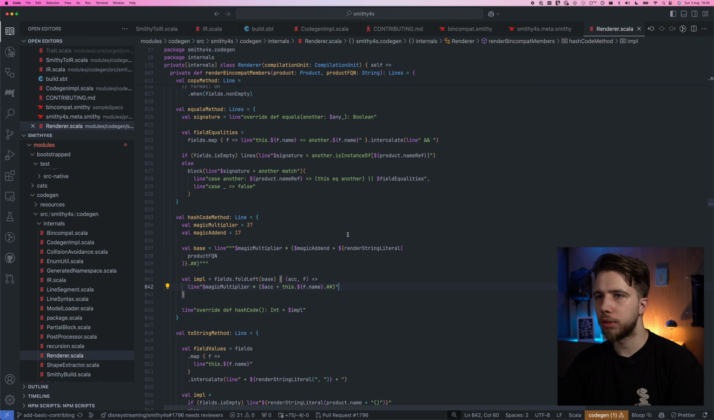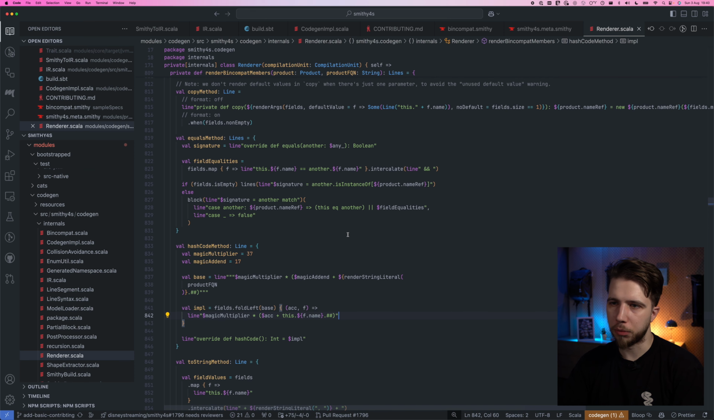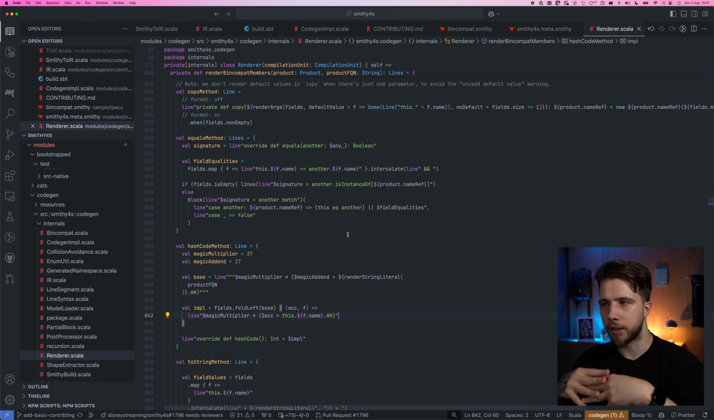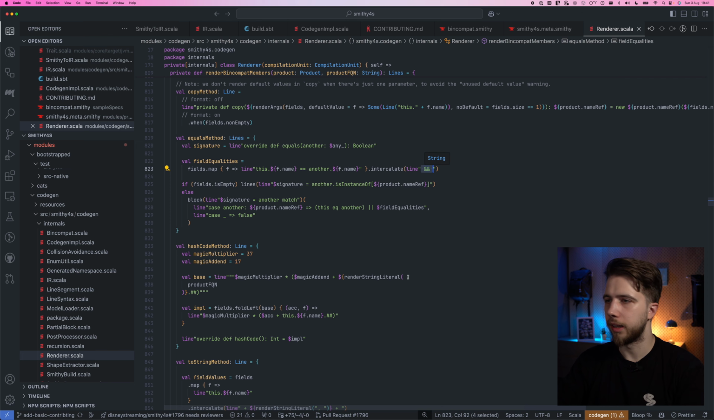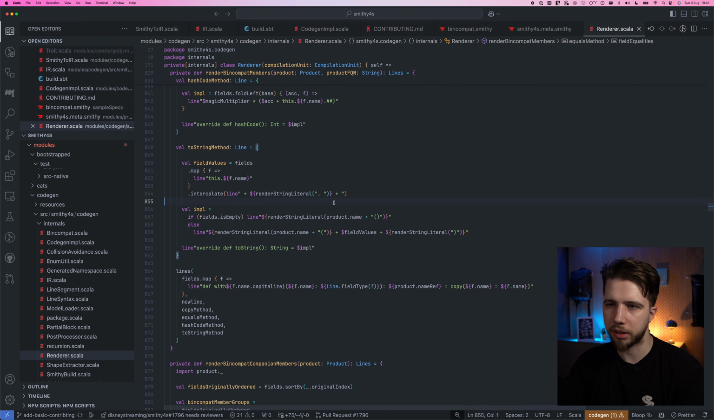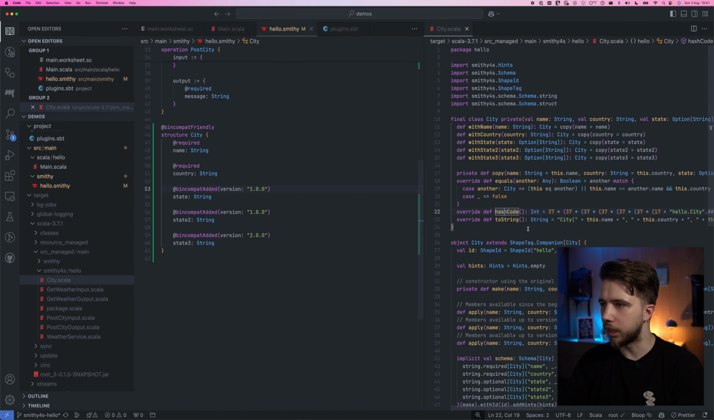So that's hash code. Equals, I think, is more straightforward because there is no need to fold. You just handle each field separately, and then you combine all that with an and, and that's your implementation. And toString is also quite similar to that. You just render string literals interleaved with references to fields, so that in the outcome you